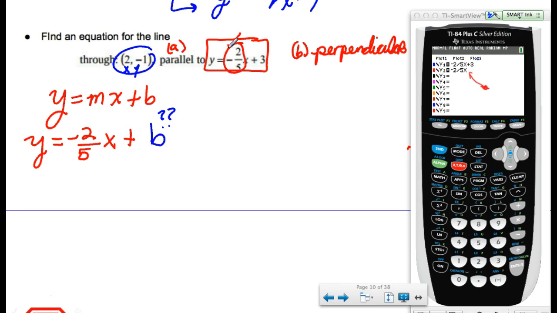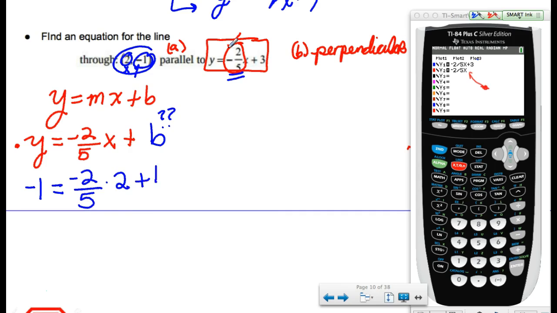What I know about my line is that the y value, negative 1, has to be equal to negative 2/5. Again, I stole the negative 2/5 from this one because I need to run parallel to it. So I need to have the same slope times x, which is 2,